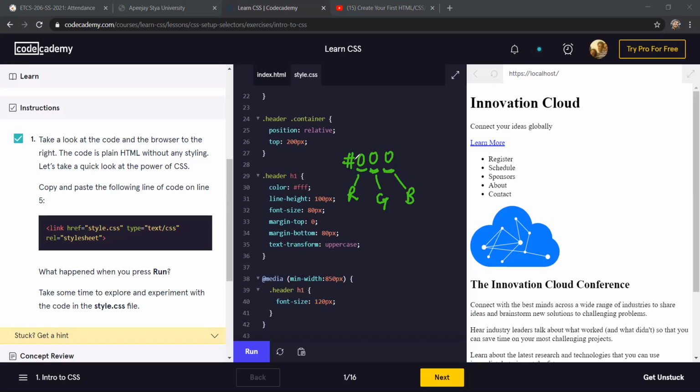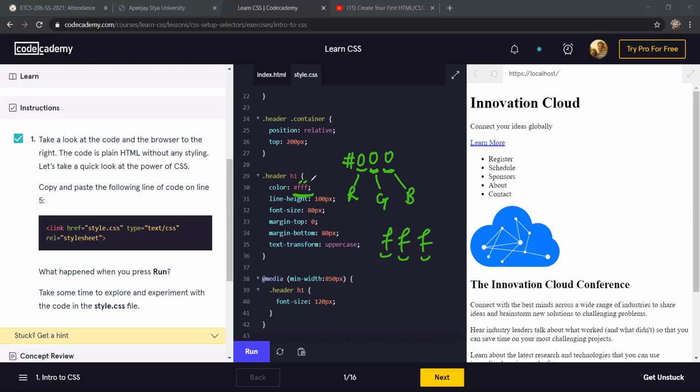Okay, minimum value that you can set is 000. Maximum value that you can set is FFF. Okay, so FFF is white. When we learned hexadecimal numbers, we know that F is the highest number in hexadecimal, isn't it? 0 is the minimum element, right? Yes, sir. Okay, so in a color combination, whenever we specify a color combination,